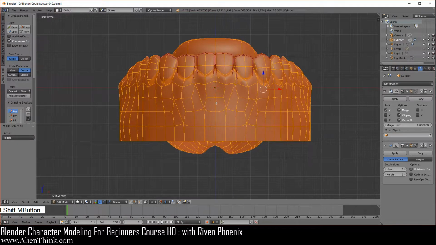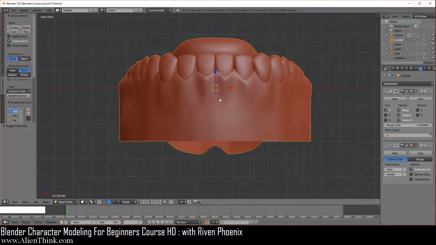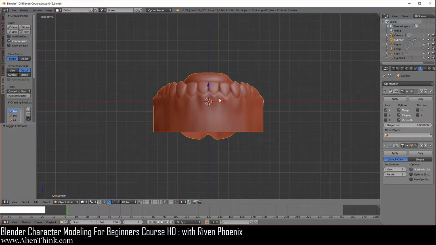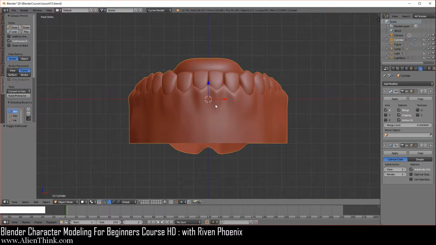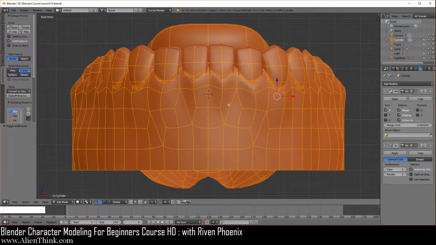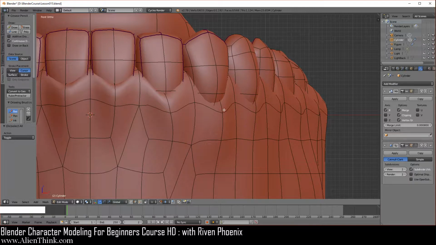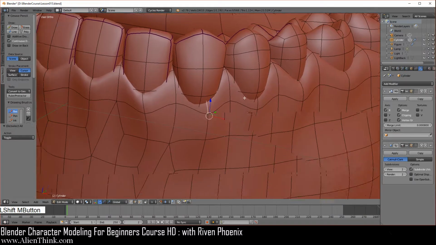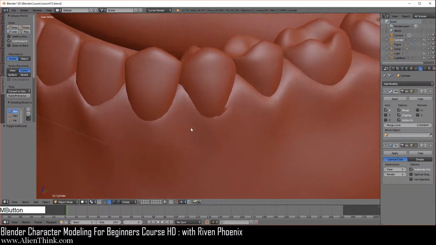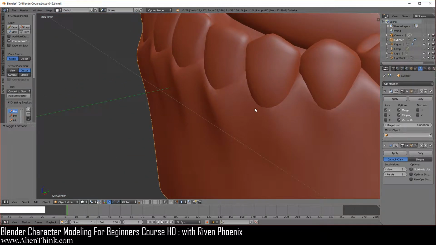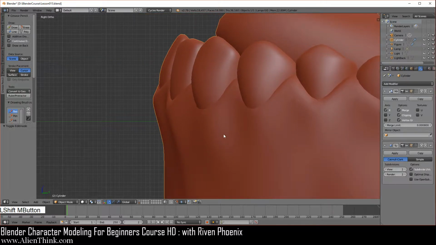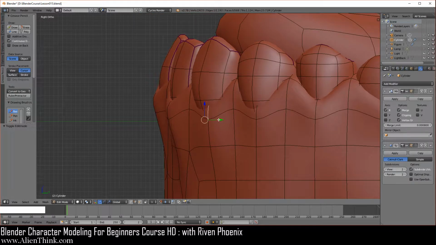Okay, I'm going to do tab over here in object mode and press the period key. Okay, now go into tab to edit mode, so Alt A to deselect. So over here, if we just examine this tooth over here, okay, we're going to do tab to look at this first. Okay, so all you have to do is really just bring this area out. So let's go to the right view over here and press the tab key. So I'm going to bring this out 1 and then 2, 3.